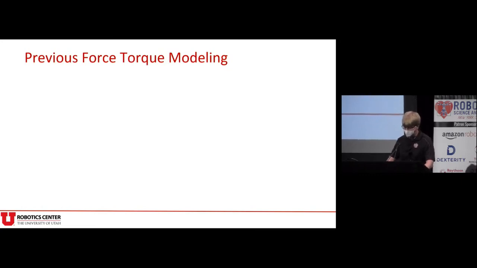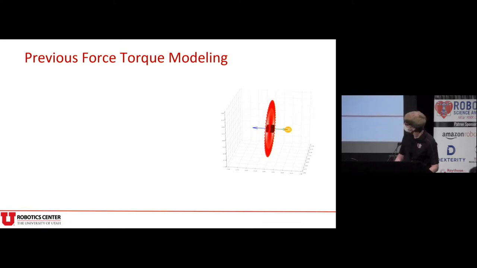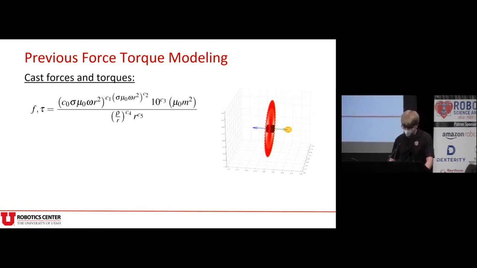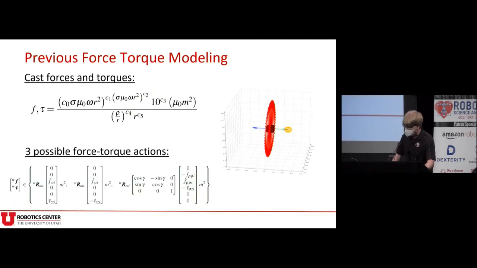We recently published work where we categorized the force and torque produced when you rotate a magnetic dipole source near a conductive object in 3 different configurations. With respect to the vector between the magnet and the object, these configurations are parallel and anti-parallel, shown as the green and blue arrows, or orthogonal, shown as any of the red arrows. We fit this new novel model and put it into wrenches in the world frame to get these 3 actions.